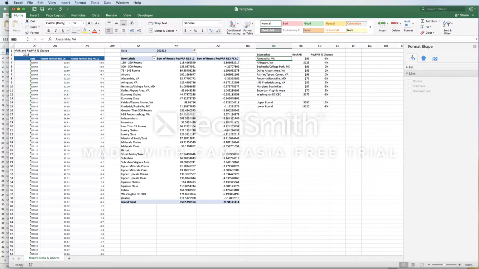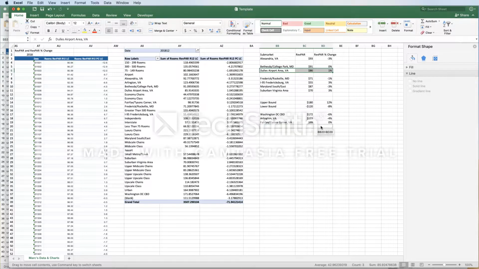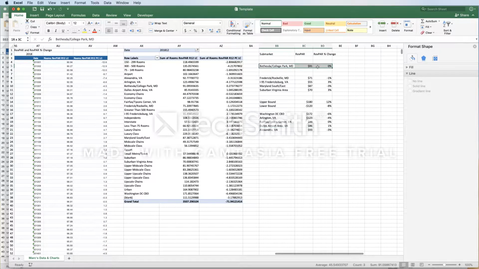So we want to match the format of the existing chart, so we're going to have to reorder things a little bit. In the existing charts, the central business district is reported first, so let's go ahead and reorder these. Next is Arlington. And then next is Fairfax and Tysons Corner. And then the Dulles Airport. And then we have Alexandria and Bethesda